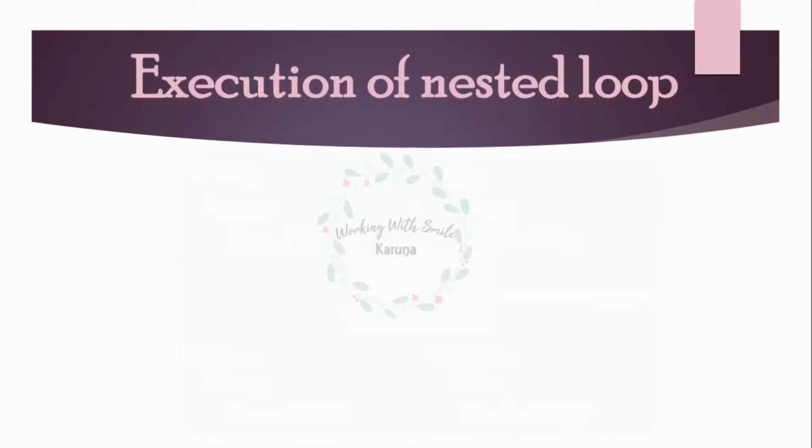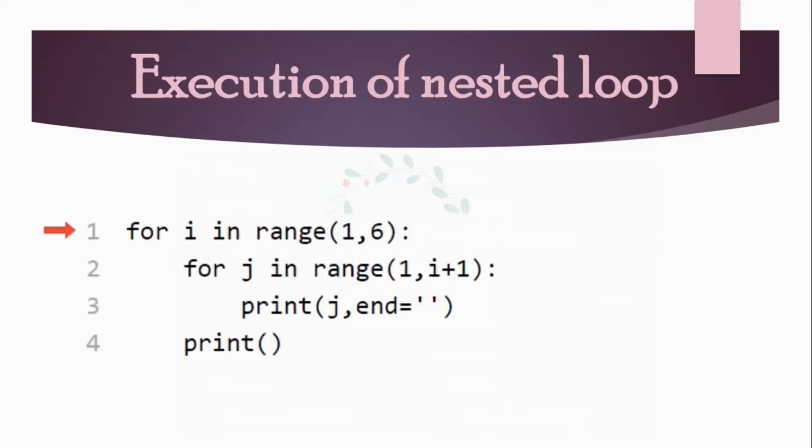To understand the working of nested loops, let's have a look at this example, which starts its iteration from the outer loop and then keeps on executing the inner loop. Every time the outer loop starts with some value, it starts the processing of the inner loop. Inner loop then executes the statements written inside its body, and once the task is complete for the inner loop, it goes back to the outer loop. If all the iterations of the outer loop are over, then the loop finally gets over and the control shifts to the statements which are written outside the loops.